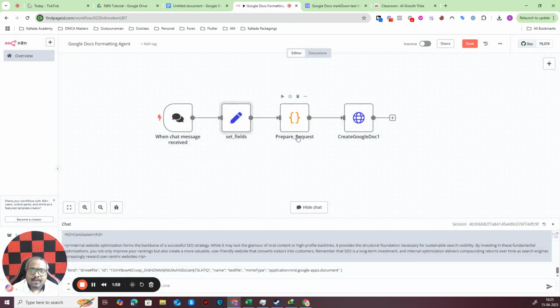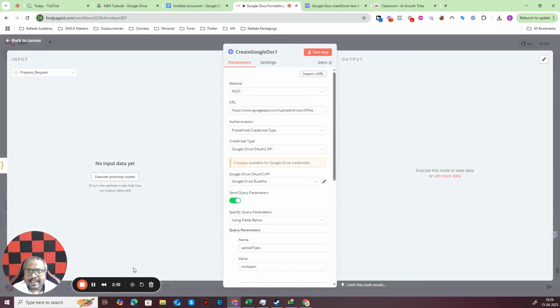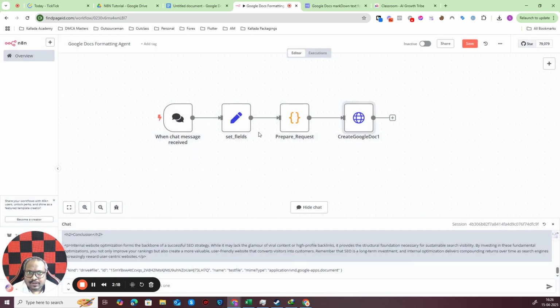Then we have a JavaScript node. This JavaScript would actually handle most of the stuff for us. After that, we'll send a request to Google Documents, again an HTTP request. But for sending the HTTP request, make sure that you have connected Google Documents to your N8N account. If you haven't, it is very easy. All you have to do is go to